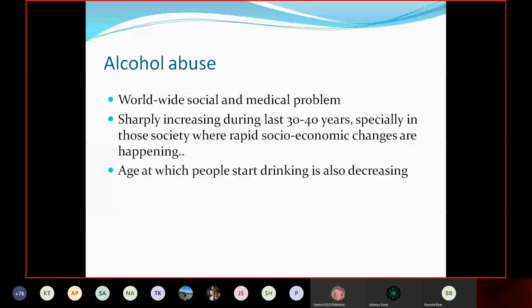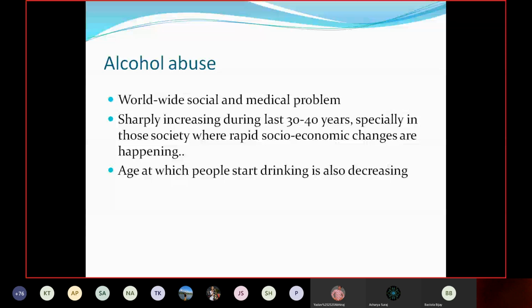The age at which people start drinking alcohol has also declined. The population groups at great risk are those undergoing rapid socioeconomic and cultural changes, like the middle class society. As discussed in socioeconomic classification, in our context there are five different socioeconomic statuses. So middle class means those whose incomes are